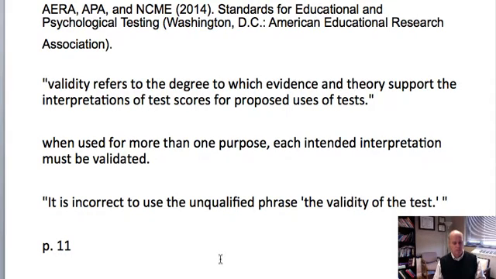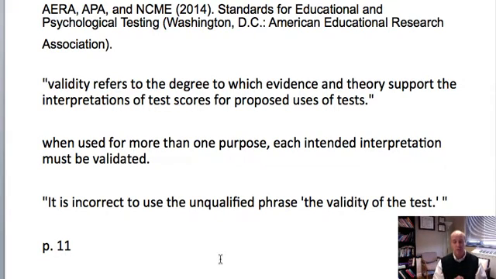Salkind says, validity is, most simply, the property of an assessment tool that indicates that the tool does what it says it does. Right? So the part of Salkind that I'm disagreeing with is where he says it's the property of the tool as if validity was part of the tool. It is not. He does get a little bit more accurate when he says does what it says it does. Because measurements themselves are not valid or have strong evidence of validity,